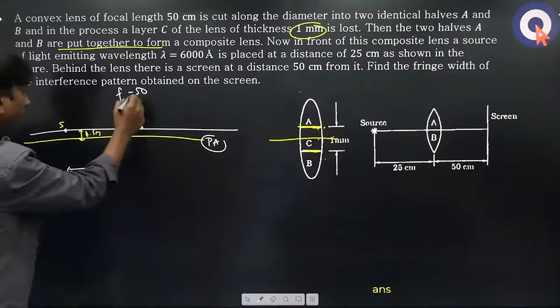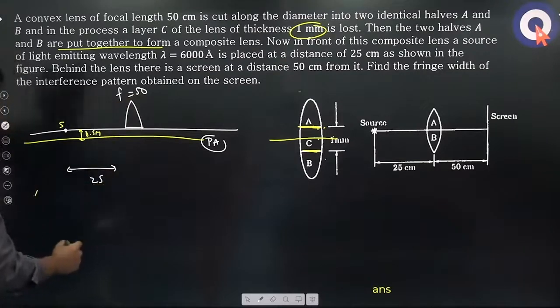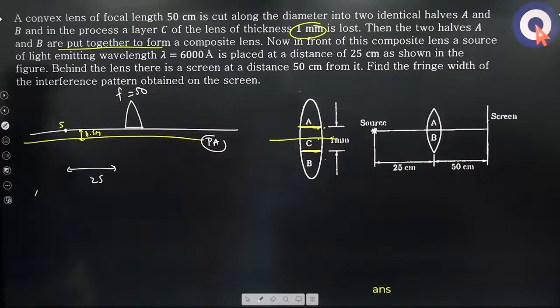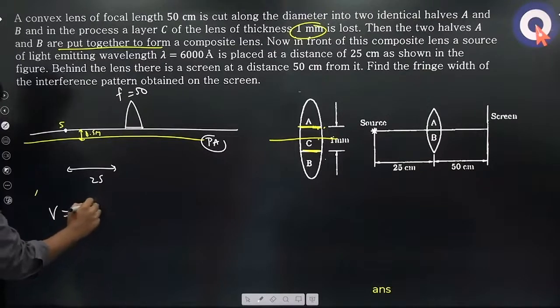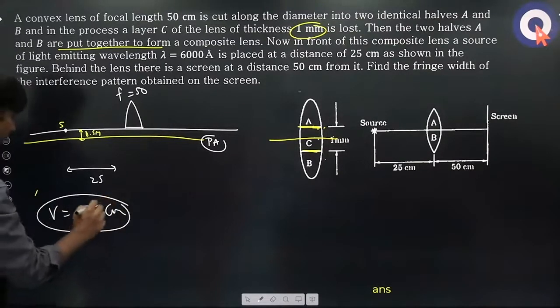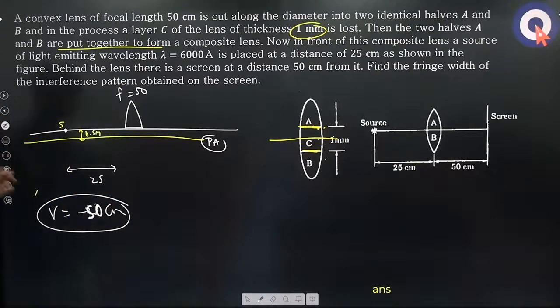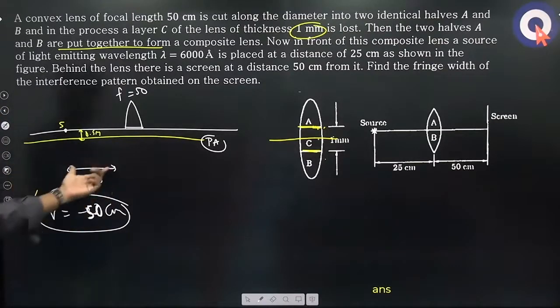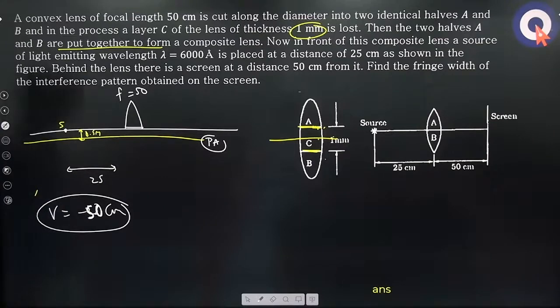formula, with 50 and this 25, you are going to get 1 by v minus 1 by u equal to 1 by f. For the virtual image, because the focal length is double, you will get minus 50 centimeters as the position of the image. And since the image distance is 50 and the object distance is only 25, the image height will be double of the object height. So that is why you will get,